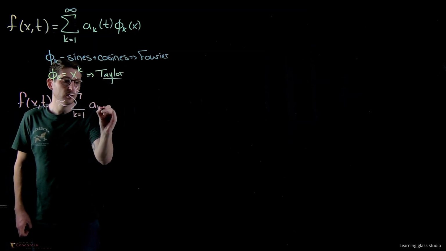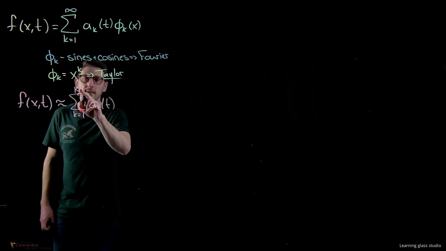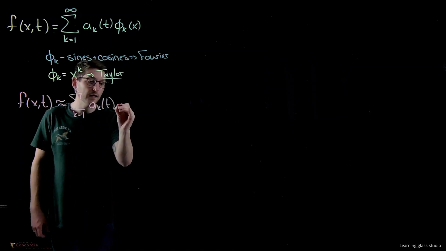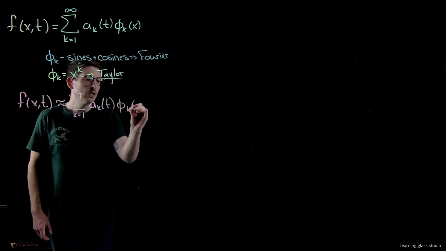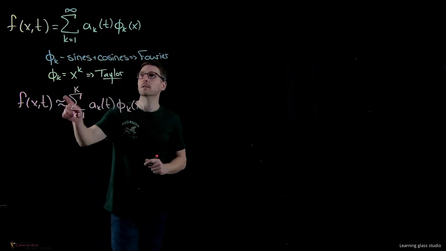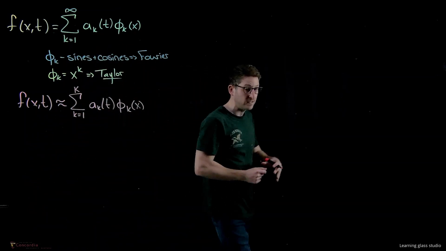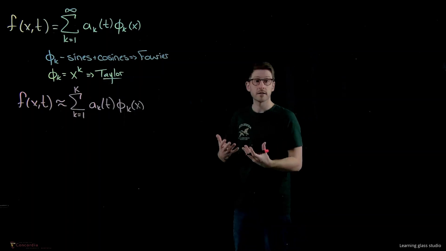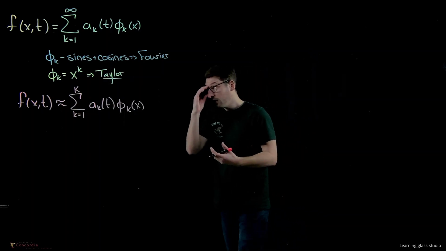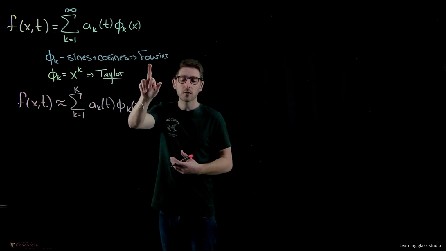So for example, we would like to identify some capital K that we can truncate up to and hope that we have a good approximation of the infinite series, right? So this is what Taylor's theorem really does. It quantifies this error for us. We have a lot of these error quantifications with